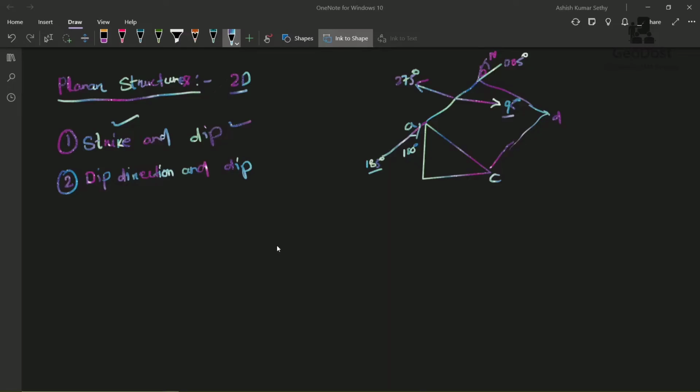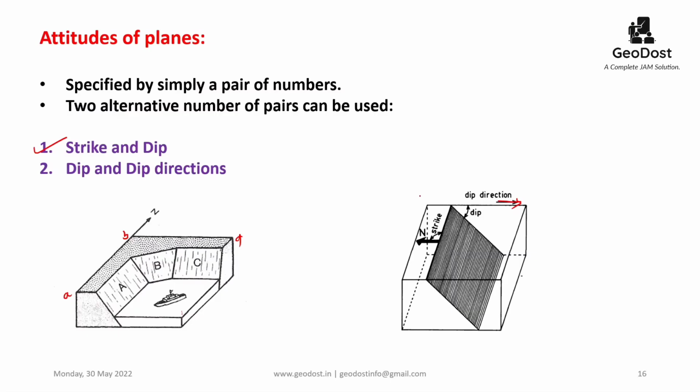So in this way you see there is no difference, because from the deep direction you can easily calculate the strike, and from the strike you can easily calculate the deep direction by just adding 90 degree, or by just subtracting 90 degree. So if anyone is going to tell you that the deep direction is 100 degree, so what does it mean? The strike will be